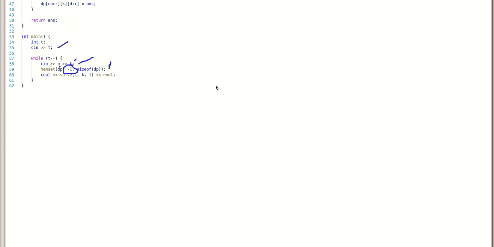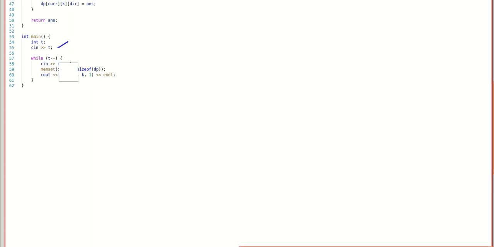But yeah, for many people recursion with memoization is a much more intuitive way to write DP, so that's why right now we are explaining this with the -1 thing. And why are we initializing with -1? Because, as you know, we are using DP with memoization, so we need to keep something so that we can see if this DP state is visited or not. So yeah, this is the thing.